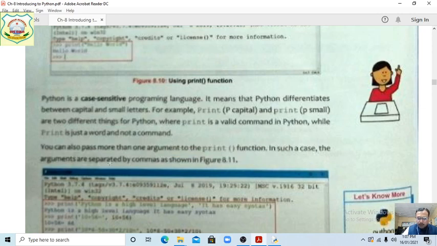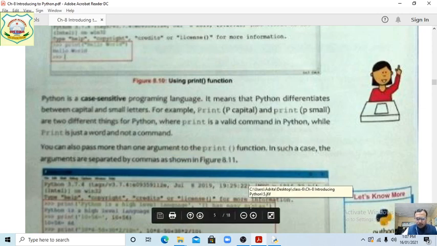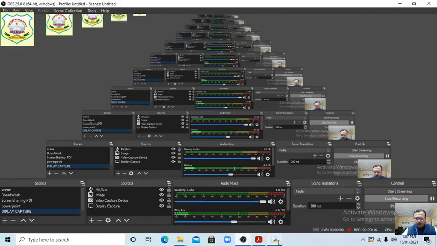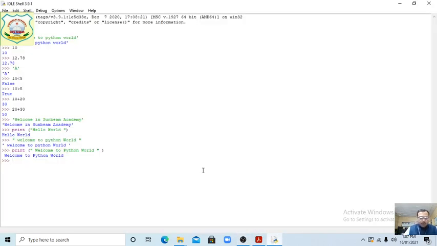Okay, I am showing what the difference is in both. See, students, normal print. You can see here we have used print in small letters, then hello world.